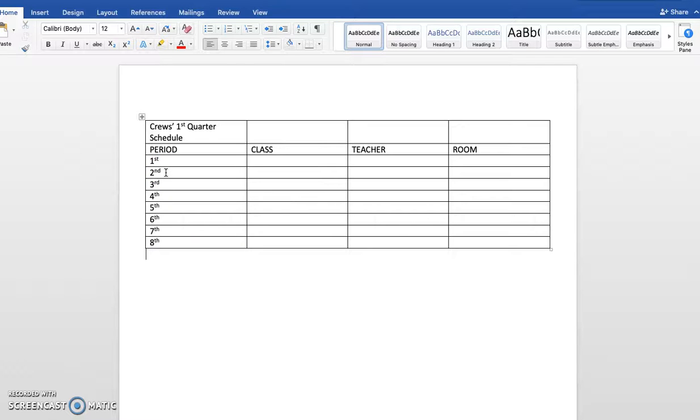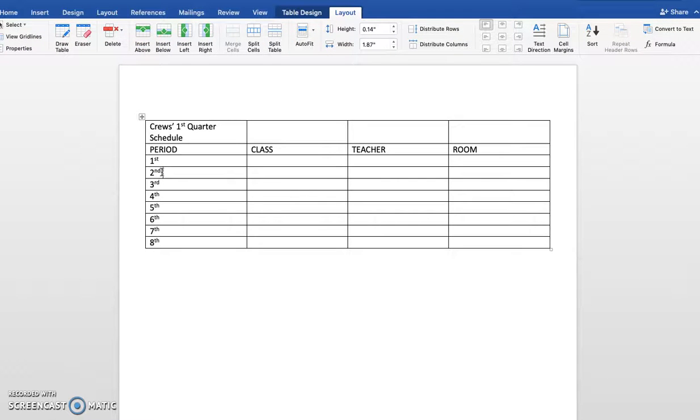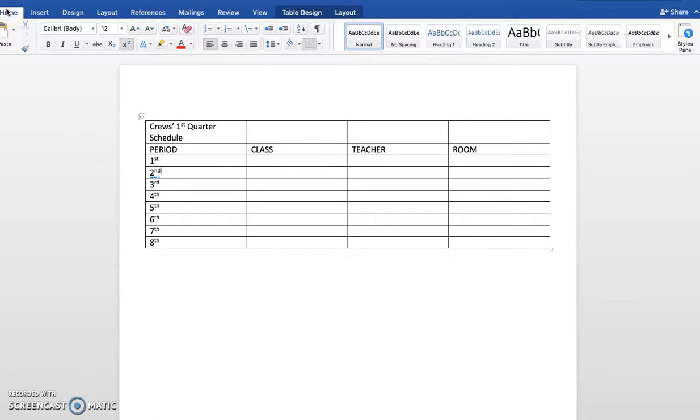So if you're in computer's second hour, then you would do this to fifth hour. If you're in computer's fifth hour, you would do this to second hour, like I'm going to. So I press space after my ND, so when I click there, I have a big cursor. If I didn't press space, see how my cursor is like half the size of a normal cursor? Well, that's because it's a superscript cursor. So to type non-superscript, I have to turn that off. So I'm going to click on that, and then if I do space,